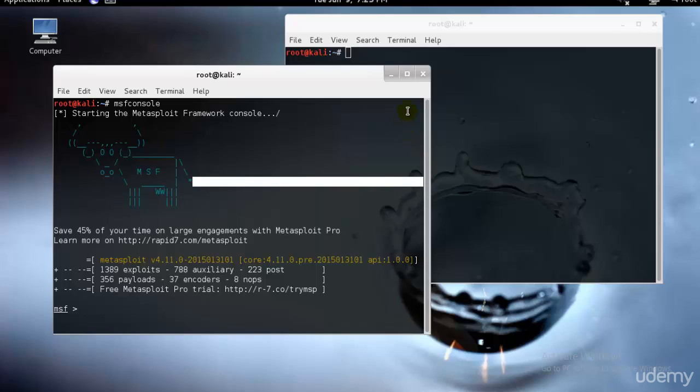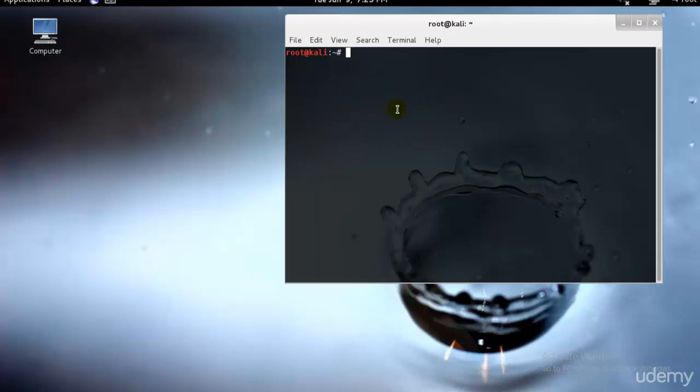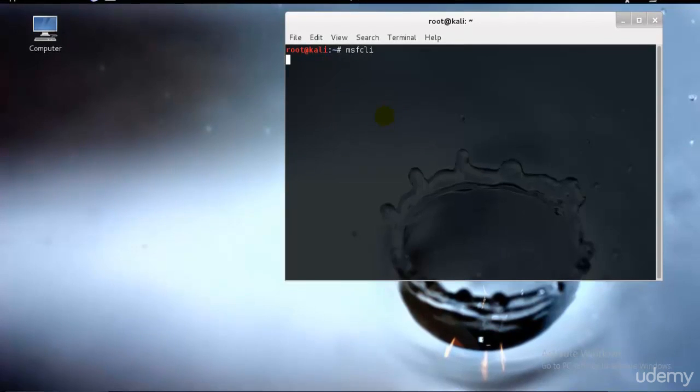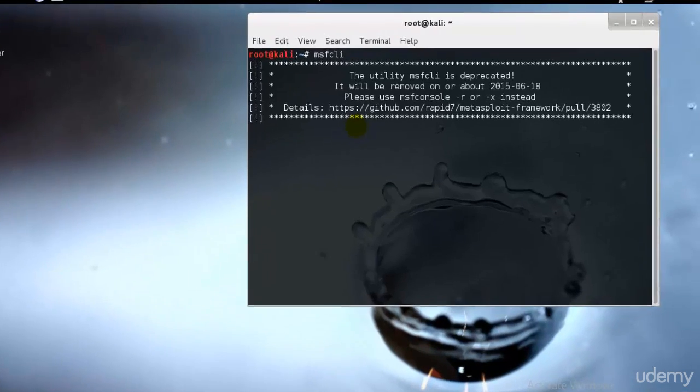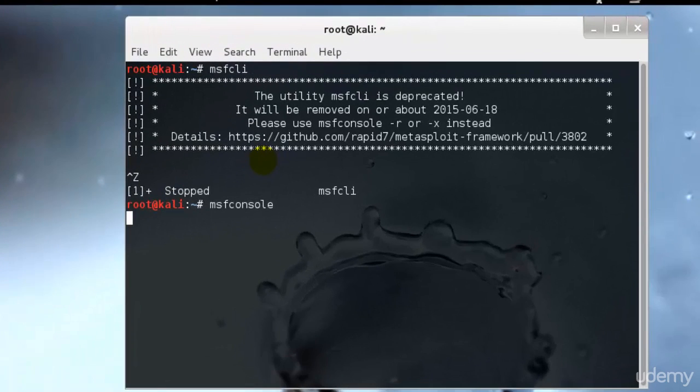Msfconsole. But there would be a more powerful command line interface to access this framework, and that would be through Msfcli. So I'll just go ahead and type Msfcli. Okay, it's deprecated, I believe. So I'll just go ahead and use the Msfconsole itself. Perfect, never mind. So note that when you're using Msfconsole, variables are assigned using the equal to operator, and